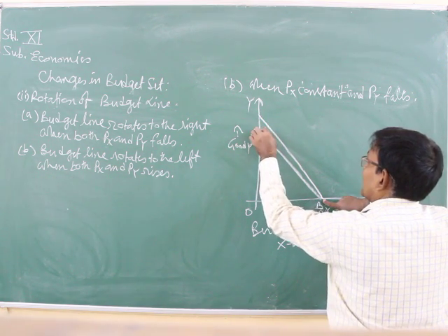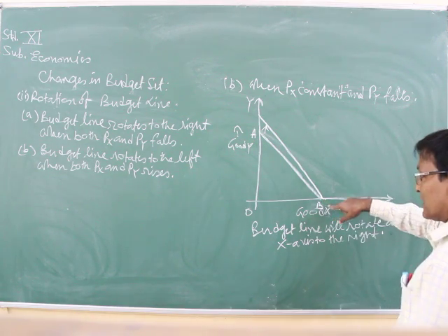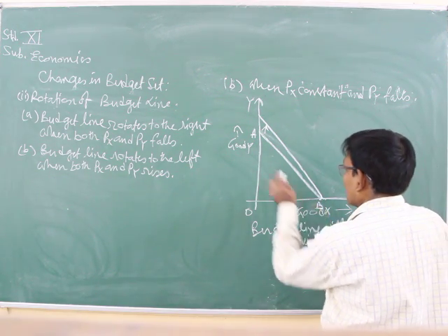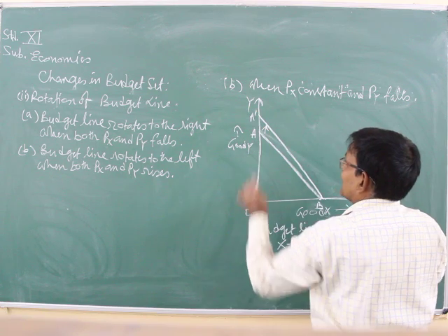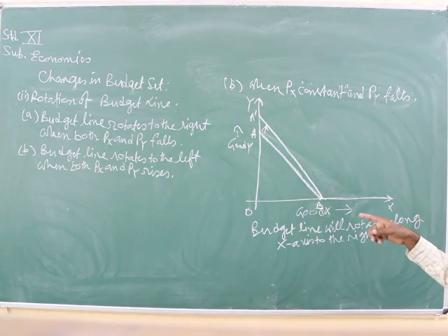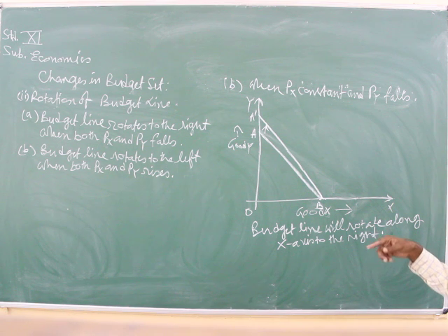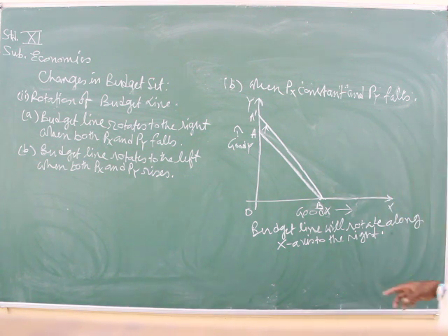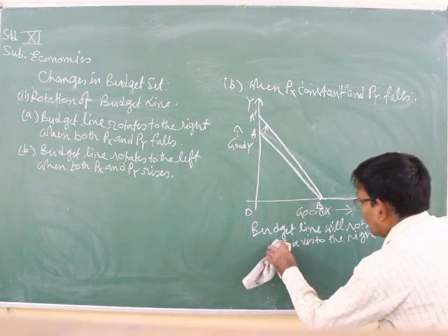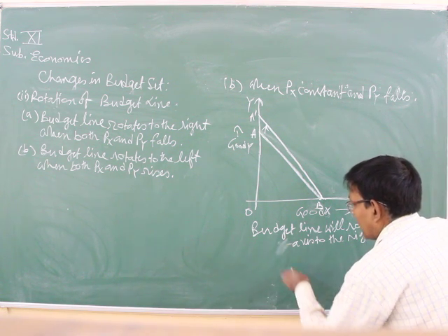Okay. In this way, the budget line will rotate. The point B is fixed, and this budget line is rotating from BA to the new budget line BA dash, as compared to the original budget line BA. So what should we write over here? Budget line will rotate along y-axis